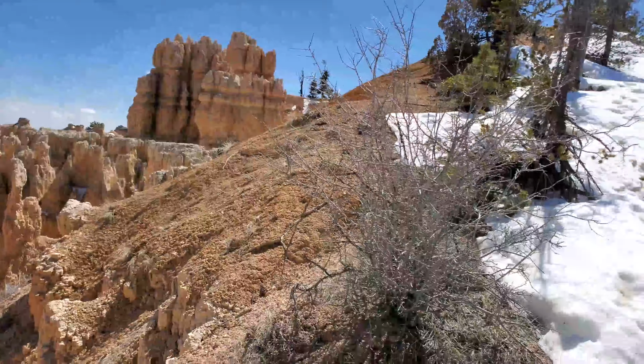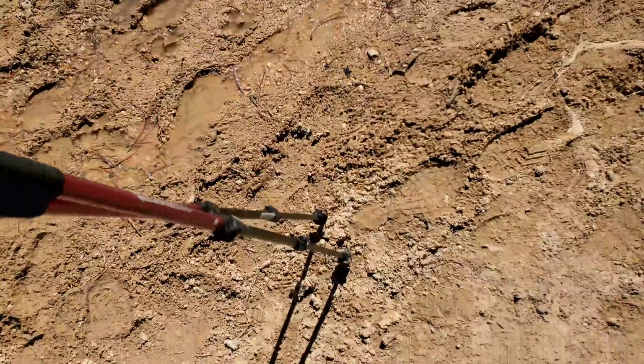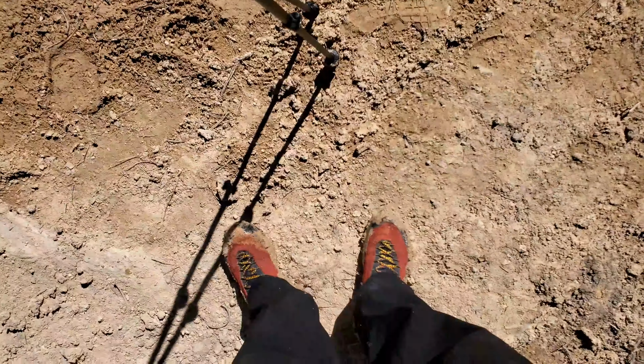However, it was muddy and snowy over there, and as you can see by my shoes, I'm screwing them up. And I did get my trekking poles out because of the mud, because it does help you navigate a little bit. There are the hoodoos, and on the sign here it says that I have found the